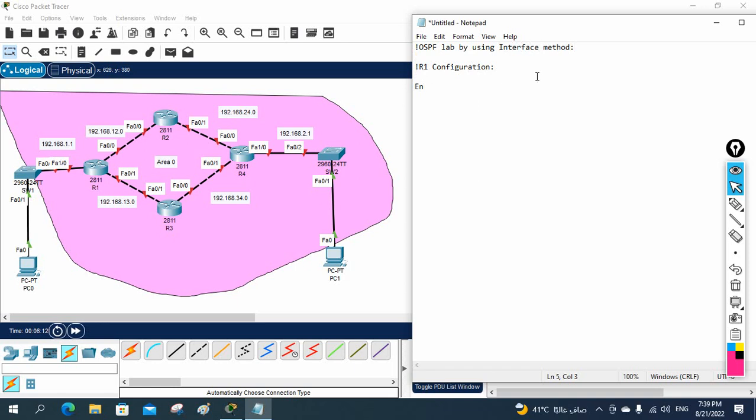Okay, R1 configuration. As we already know, first we need to write enable, then config t to go into global configuration mode, then R1 as the hostname, then we need to assign the IP. Interface FastEthernet 0/0. If you see this one, 0/0 is 12.1. So I will write here ip address